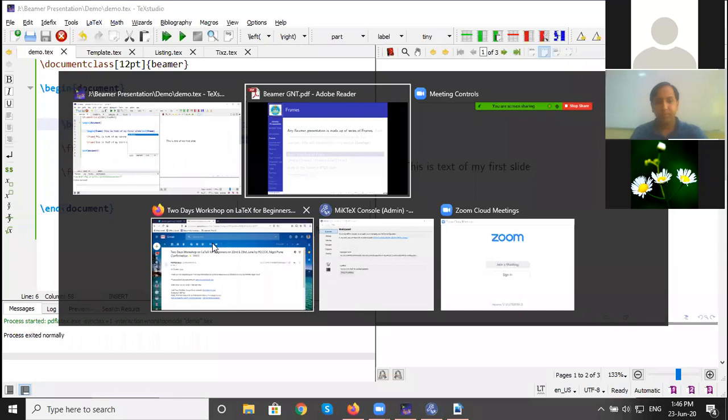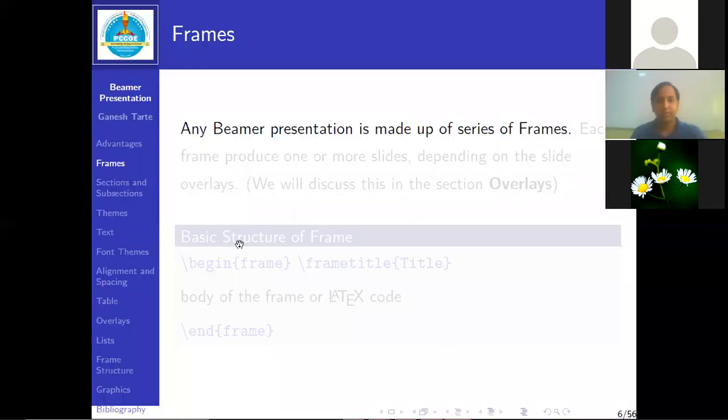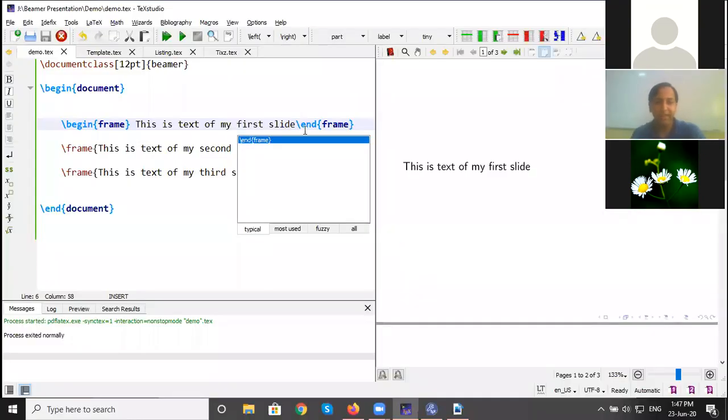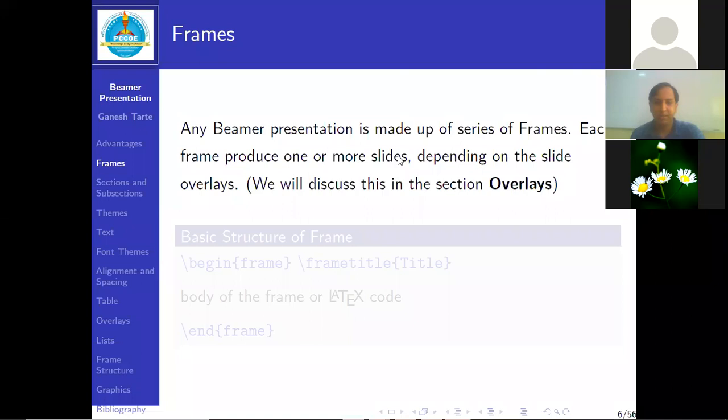Now, each frame produces one or more slides. It is a little bit confusing because as per our demonstration, each slide corresponds to one frame. But whenever we add some overlays, it creates an illusion, or it creates more than one slide. That means one frame can create more than one slide.